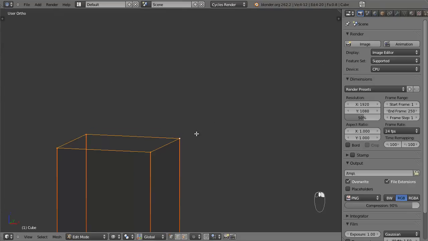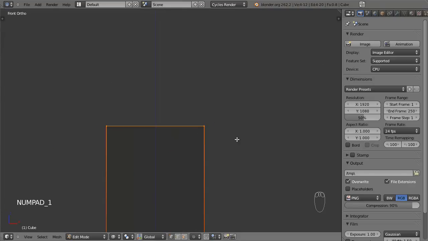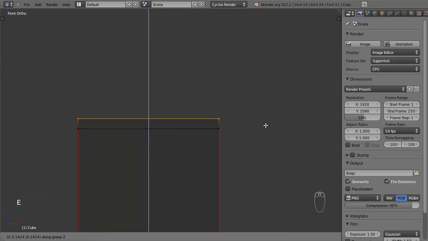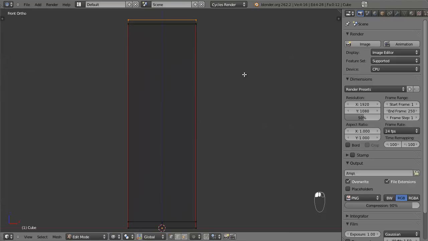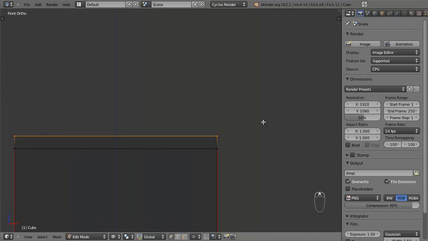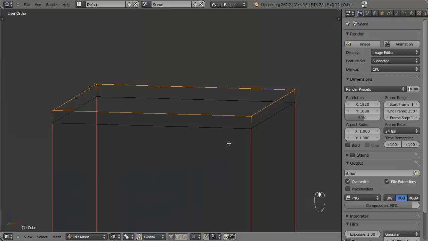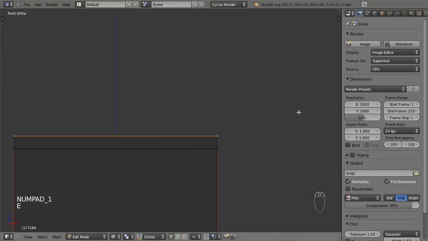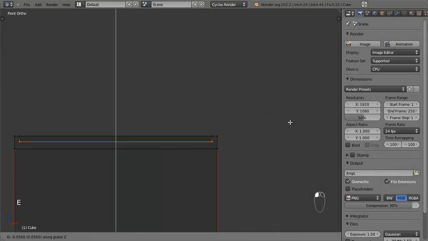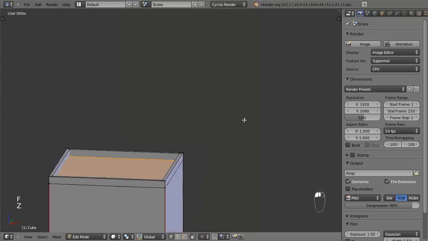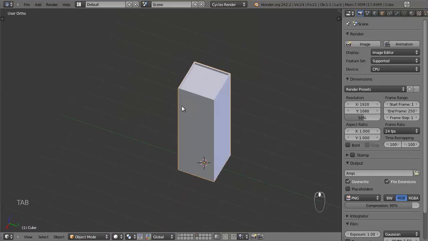Then getting up to the top here, what I'm going to do is model a very basic balcony. It's important that you spend a little bit of time making sure that the top looks nice, because that's what is going to be most visible to the camera, the tops of all of your buildings. So I'm just going to model this little balcony here. Extruding that upwards, extrude it again, scale it inwards, extrude it down, and then place a face, just like